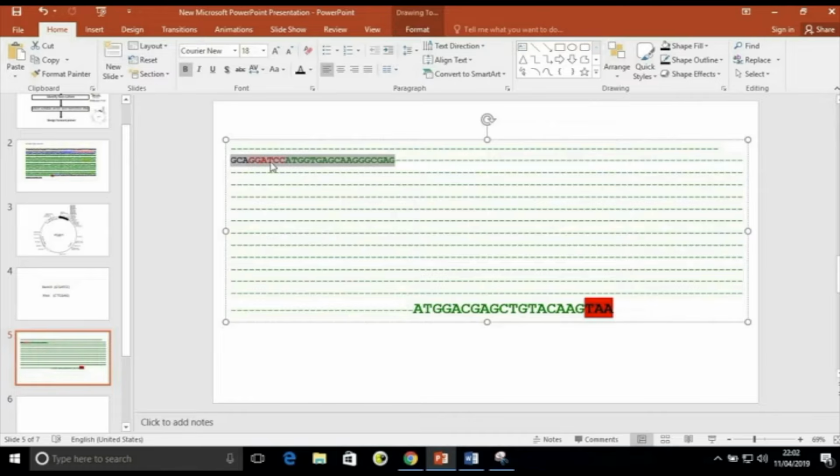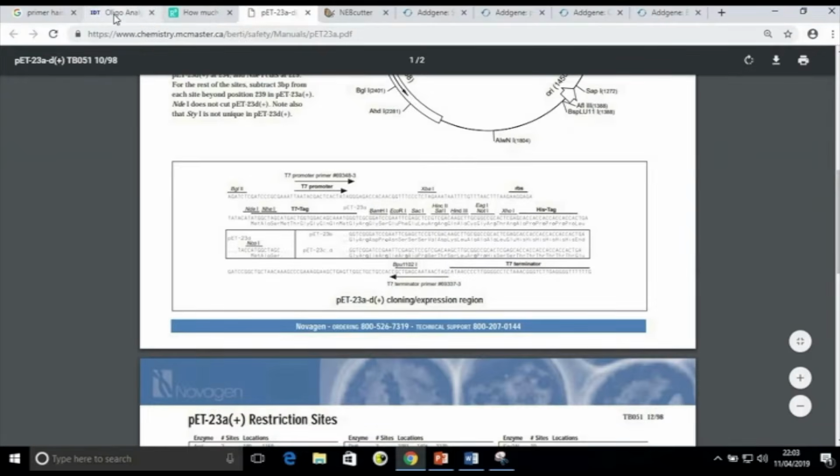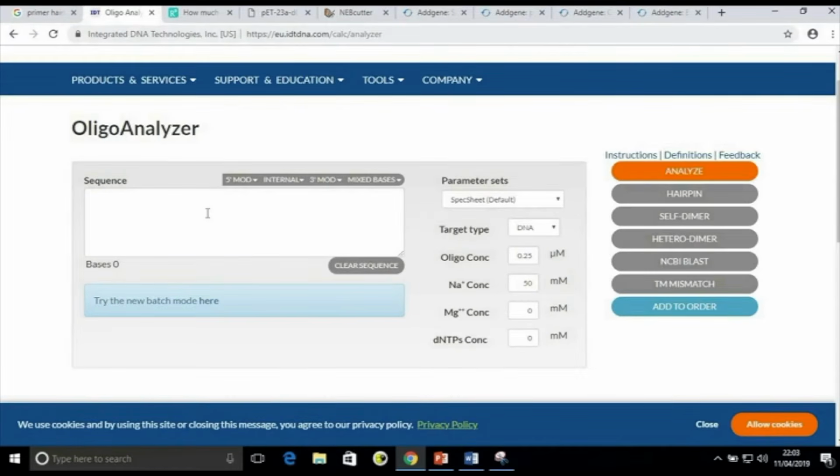After designing this forward primer, we have to analyze this primer. I just copy this sequence and use the OligoAnalyzer software, which is specially designed for this purpose.